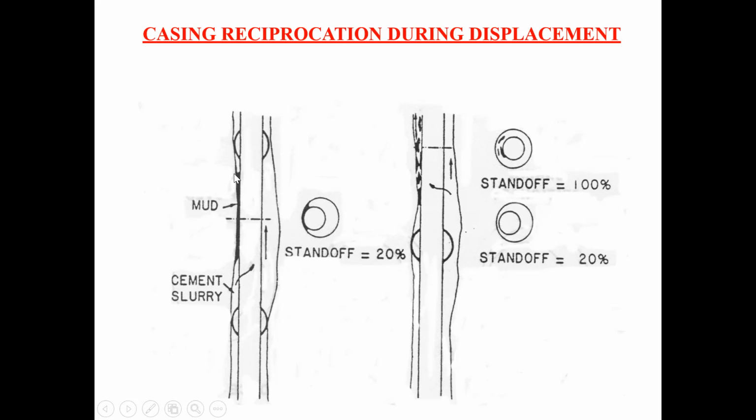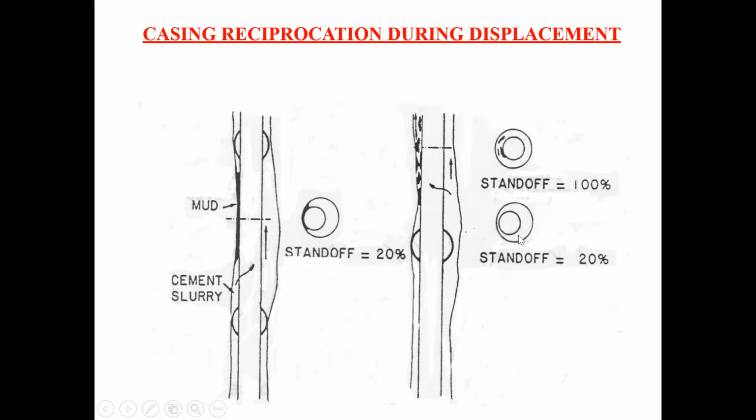Okay. So here you will not be able to remove the mud or the mud cake. Most of the cement slurry will be passing through the wide side, we will get a good cement there, but here it will not be there. So what we do, we rotate or reciprocate the casing. When you reciprocate the casing, the centralizer will try to come, and when it passes through this, it will disturb it. With 100% standoff, it will be displaced properly all round, but at say 20%, this portion which is closer to the wellbore, we will not be able to displace.